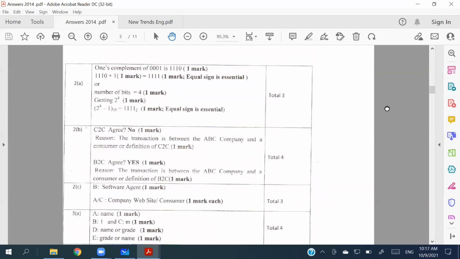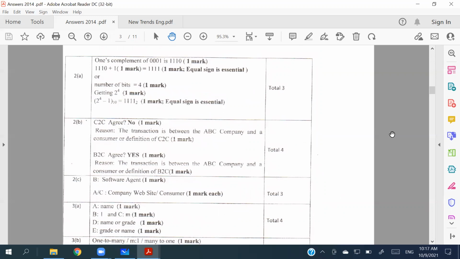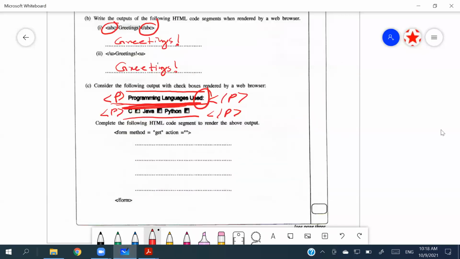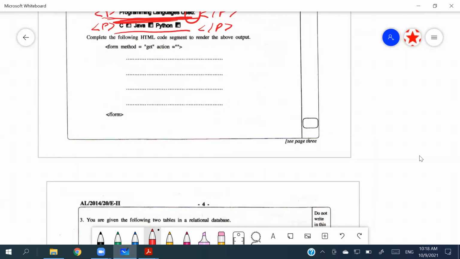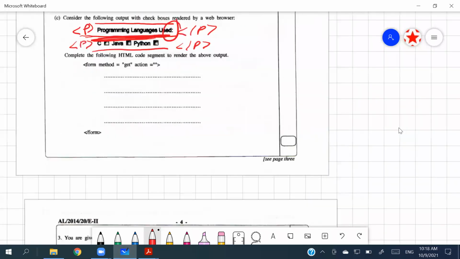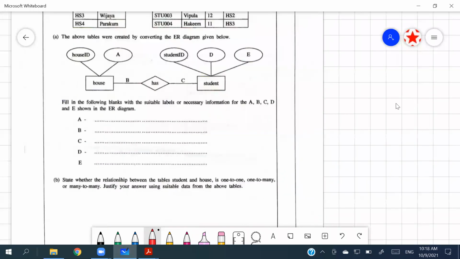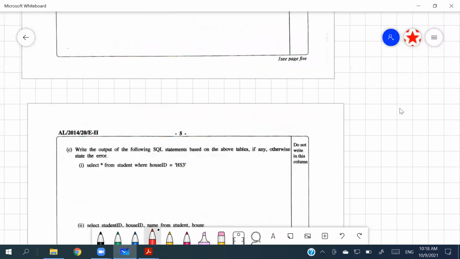Right, so for the second one, they're asking about the 1's complement and 2's complement question. And here the question is a bit different. We have done this before as well. So the question is the 1's complement of a particular number. They're asking you to prove a 1's complement. Yes, so we need the clay now.